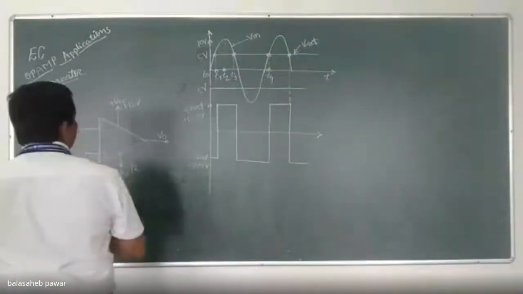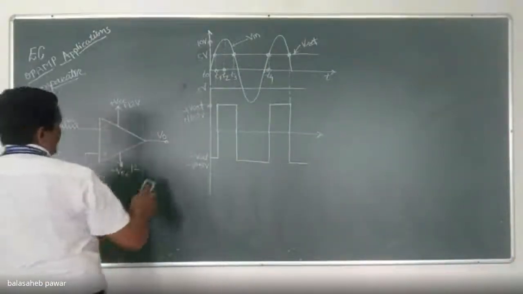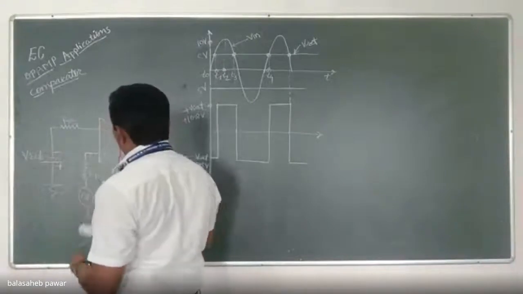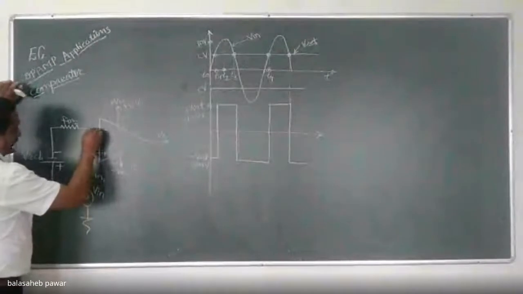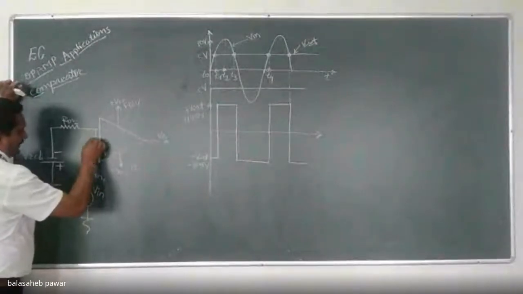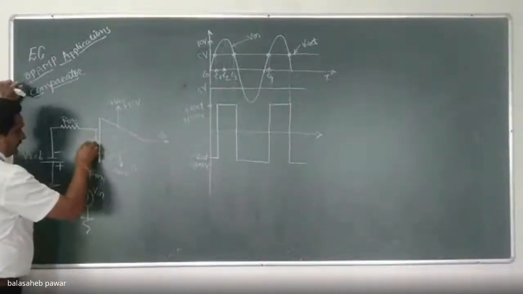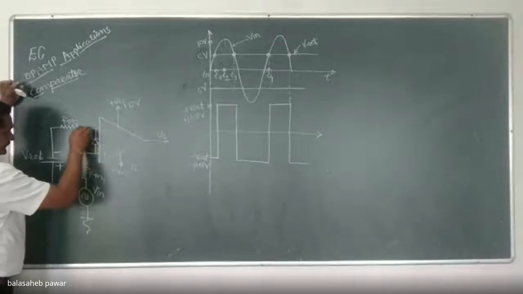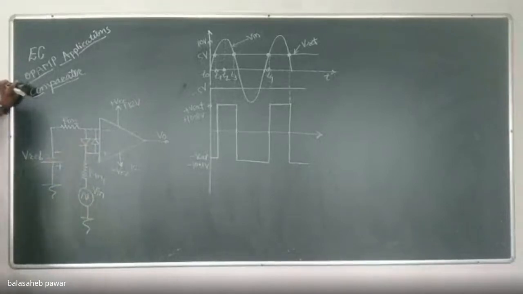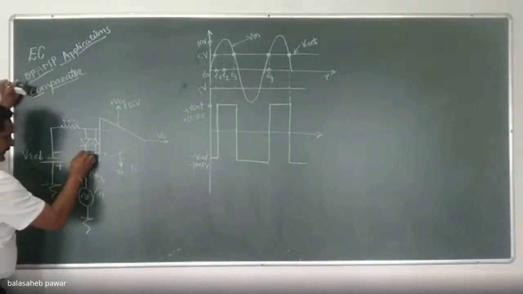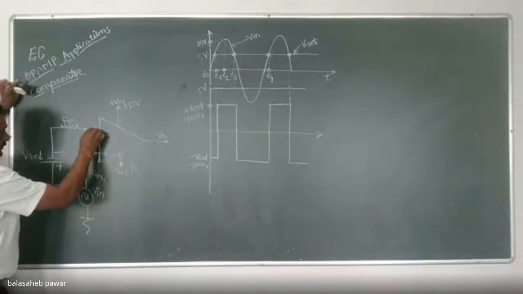Right? Similarly, another type of comparator is there, or before going to that, in few reference books, protective diodes are shown at the input terminal of that op-amp like this. These diodes are known as protective diodes. Anti-parallel connection of that two diodes are there between two input terminals of that op-amp.